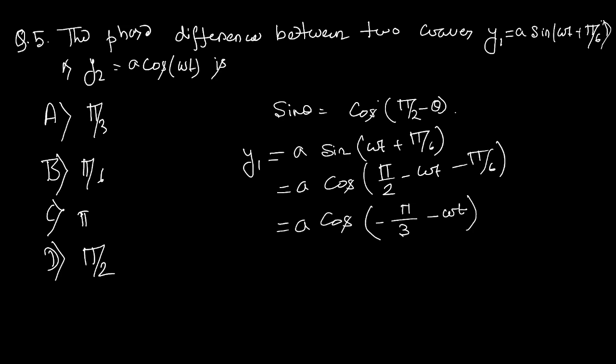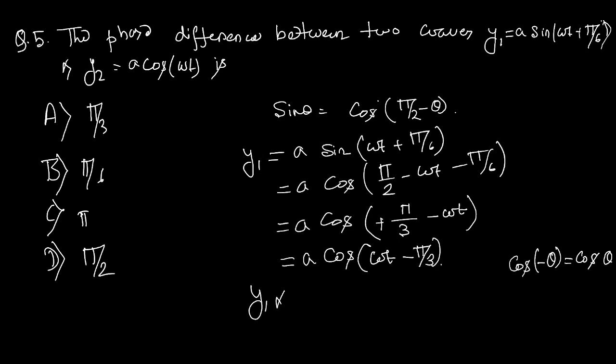Now we know cos of minus theta is equal to cos theta. So if we take cos common, then it will be cos(omega t minus pi by 3). So if we compare 1 and 2,